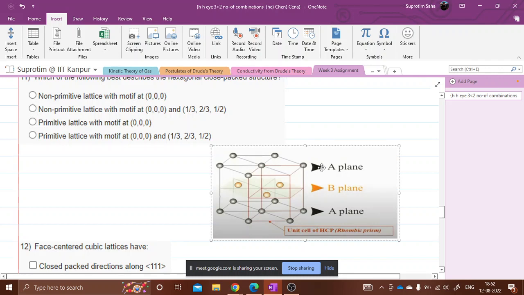So consider the primitive unit cell, which is a simple tetragonal unit cell. In that case, you have the motif as this, and this as another motif. So primitive lattice with motif at 0 0 0,